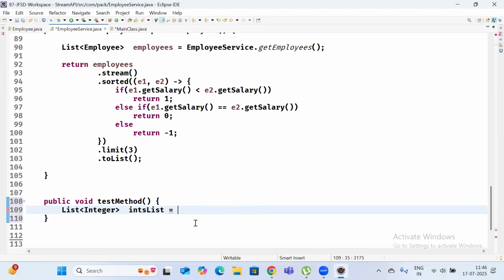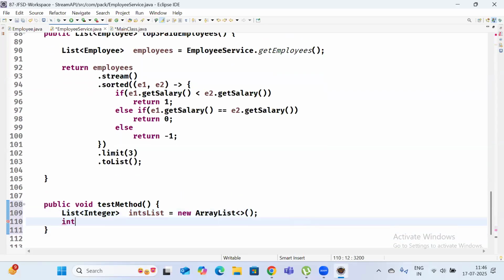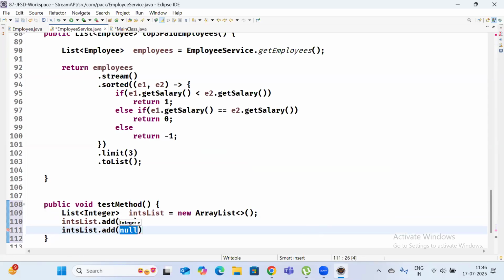If I want to create a list of integers, first you create one ArrayList object. Then I can add some values: intsList.add(101), add 18,